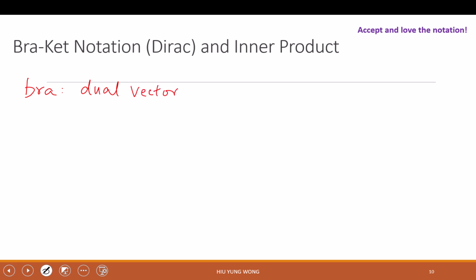So first of all, maybe I did not emphasize enough. We are talking about vector space, right? We have a basis, we have basis vectors, and then inside this space, every vector is a linear combination or a superposition of the basis states. So that forms a vector space. For example, in 3D, every point in this room is a vector to the origin. And this is a vector space. Now, bra is what? It's a dual vector space